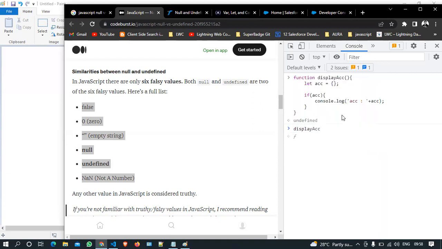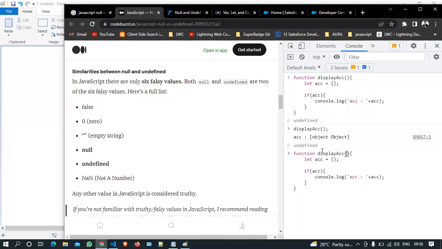डिस्प्ले एसीसी, ठीक है? क्या मिला मुझे? ऑब्जेक्ट मिला, ठीक है। तो अगर तुम एम्प्टी ऑब्जेक्ट भी डिक्लेयर करते हो ना, तो ये एज ए ट्रू ट्रीट करता है उसको, ठीक है, एज ए ट्रू। तो यहाँ पे तुम देखोगे कहीं पे भी तुमको ऑब्जेक्ट नहीं मिला, ये ऑब्जेक्ट कहीं पे भी फॉल्स में डिफाइन नहीं है। अब लेट्स से एक एक करके ये वैल्यूज चेक करते हैं, ठीक है।